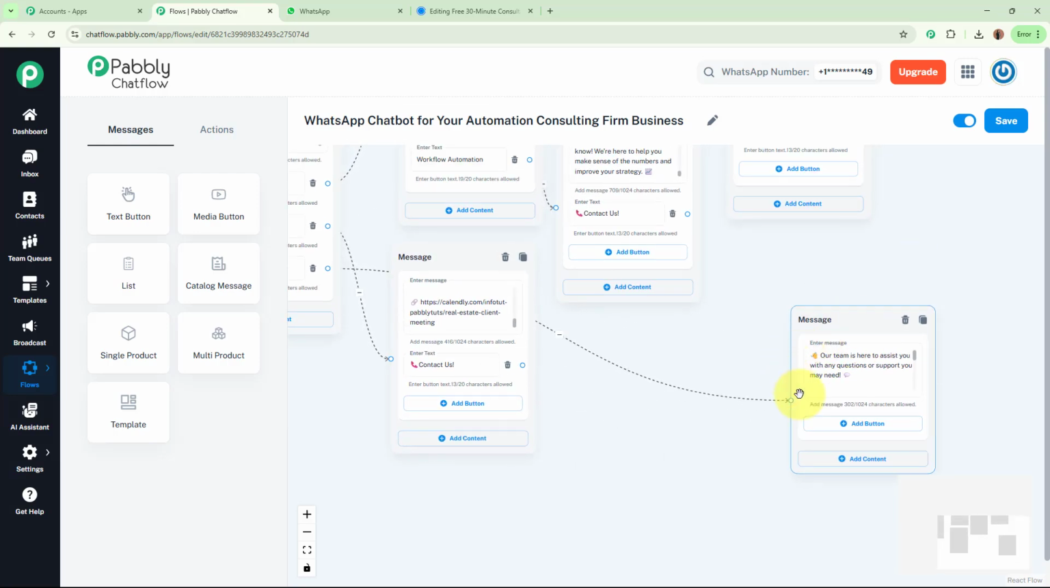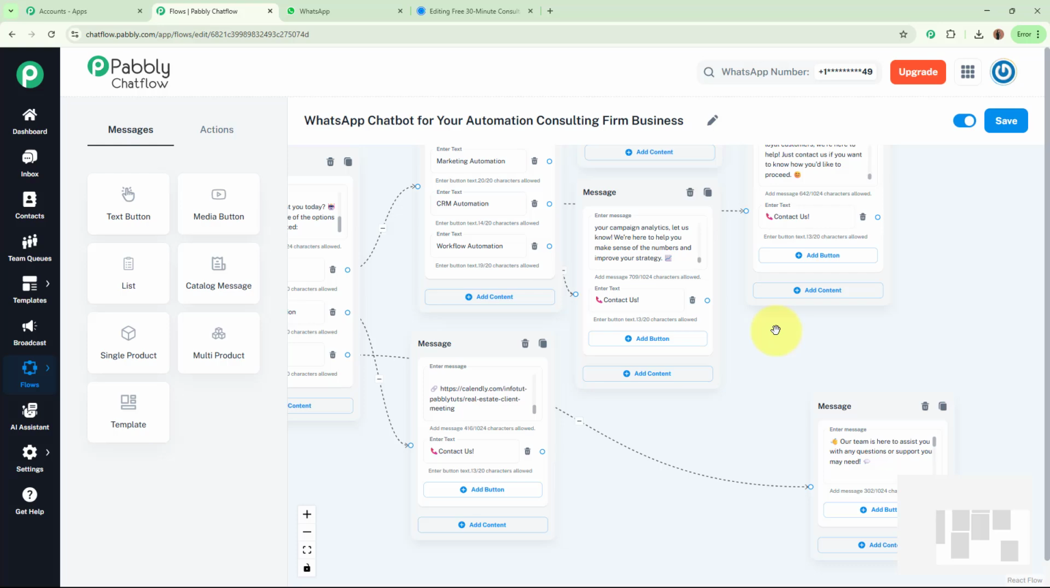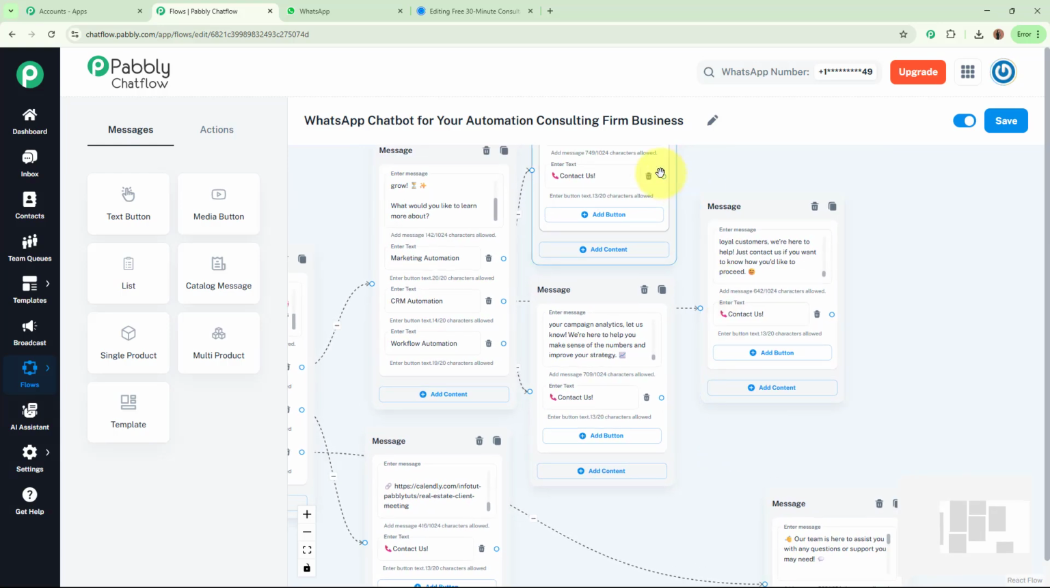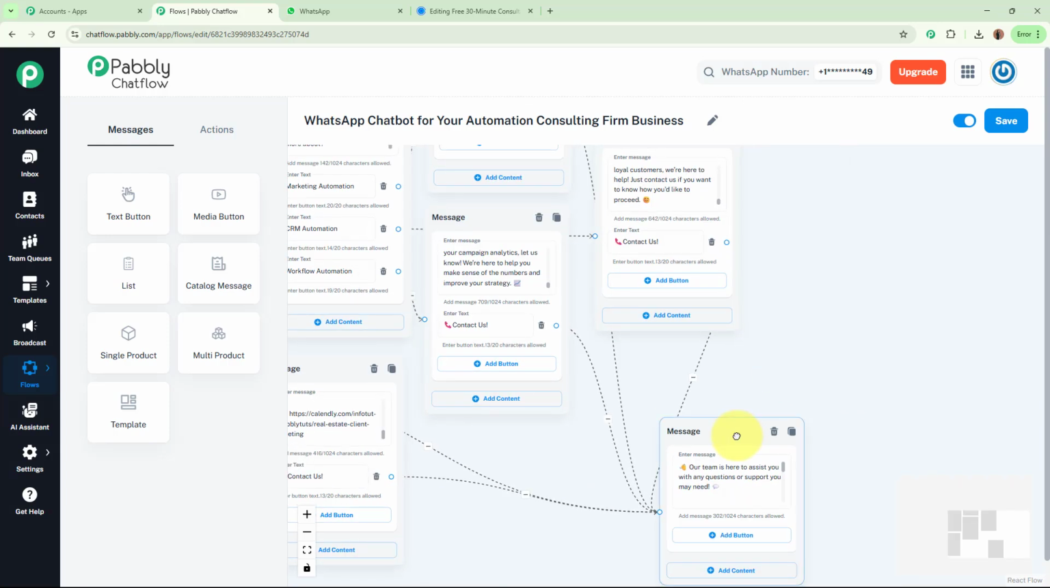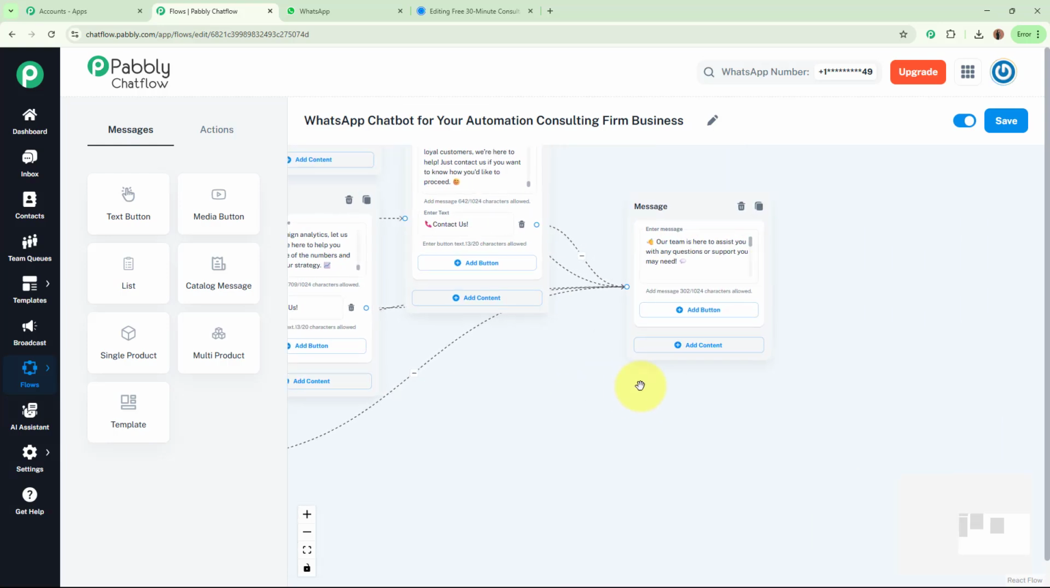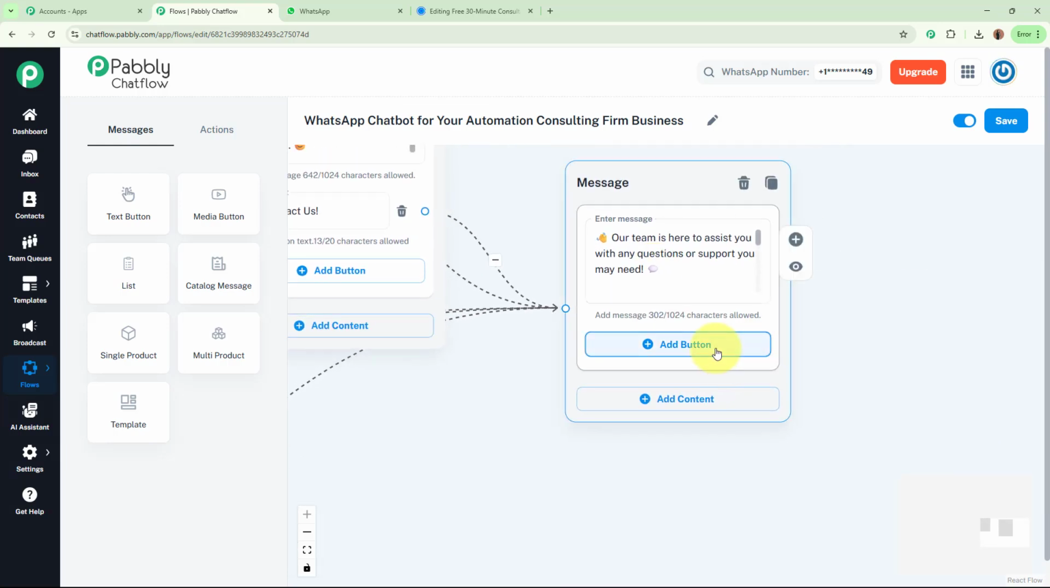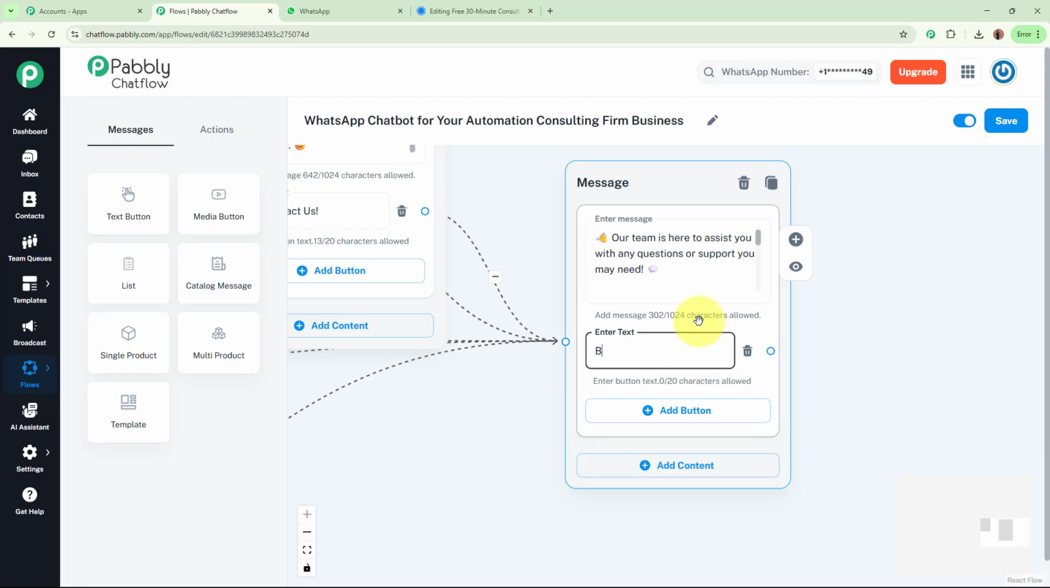Okay, so now this is the message that should also be forwarded with the button contact us. So I'm going to simply connect this button to this contact us message right here. So I'm going to connect all the contact us buttons to this message. Okay, so this is the contact us message right here. In this message, I also want to add a button of